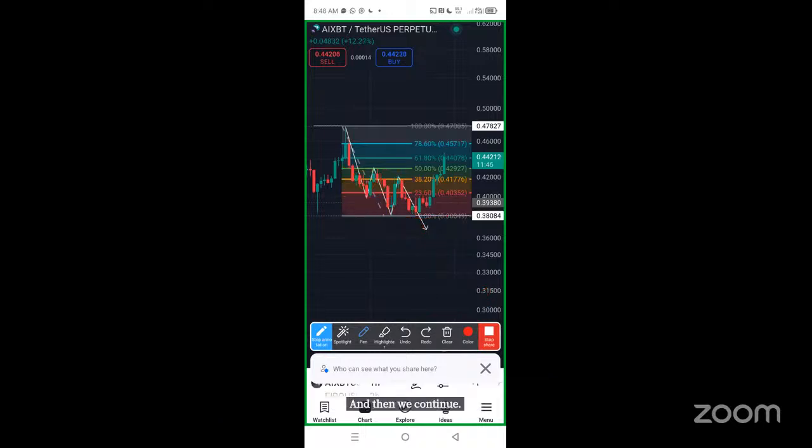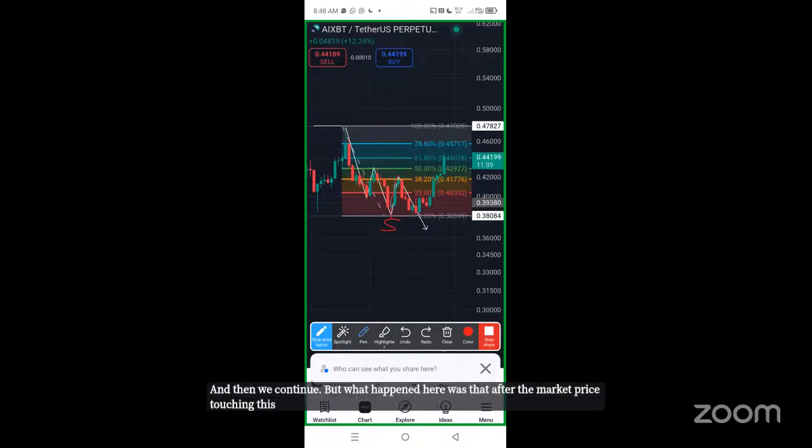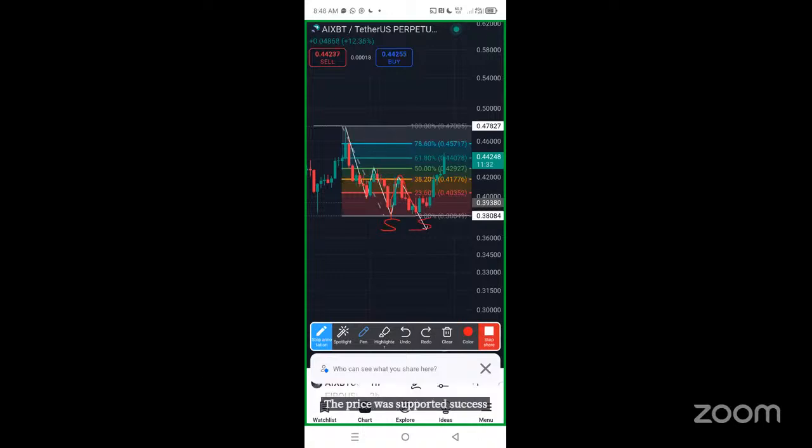But what happened here was that after the market price touching this support, we had a retracement. Then there was an attempt to break, but it did not. The price was supported successfully here. Then we had this movement too. Now, this movement here,